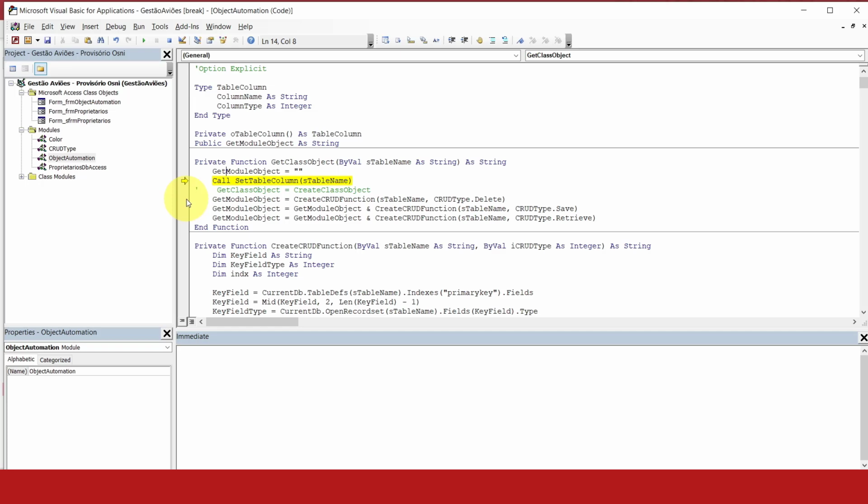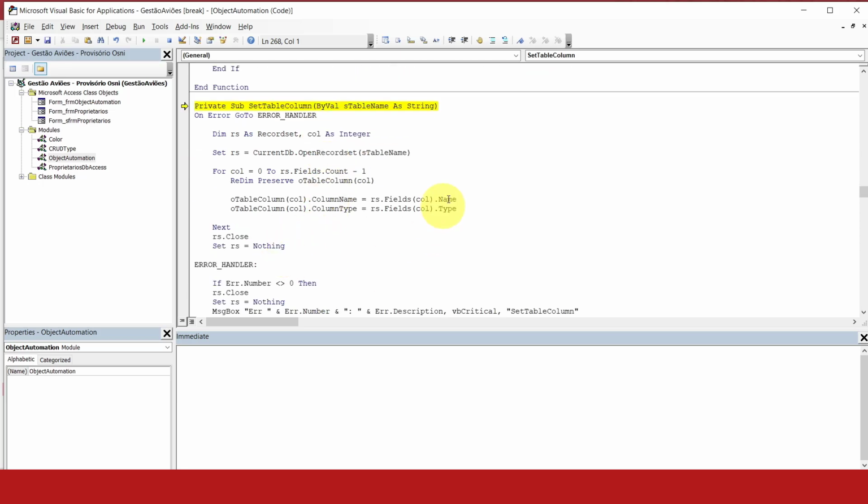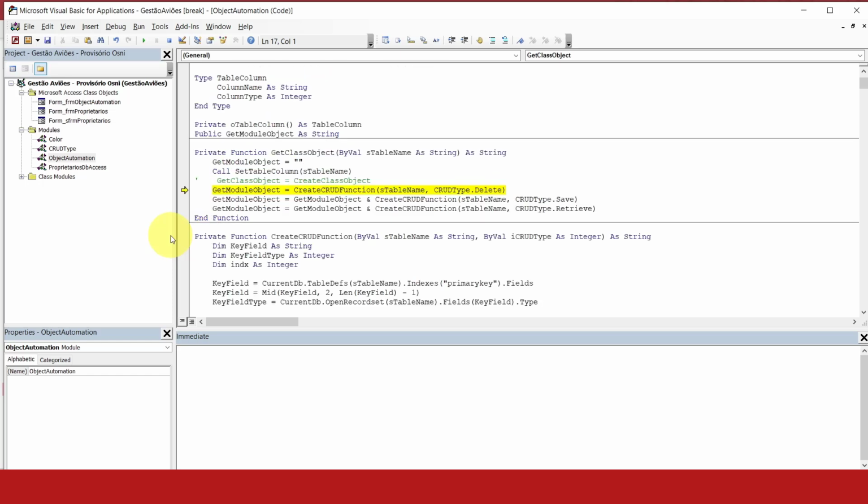So I'm going to go ahead and follow through with it. Go to set column, and this should set the name and the type. Okay, that should set the name and the type. Let's continue. Okay, no error. Let's continue. Come on. And F8, continue. Okay, now we're gonna do the